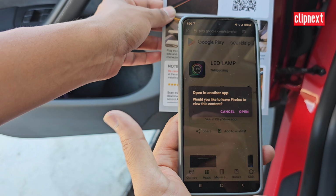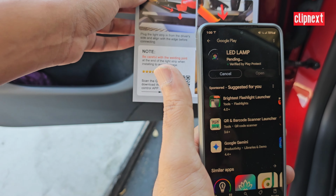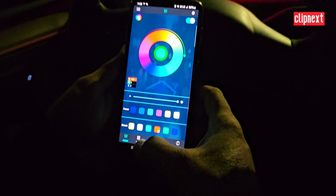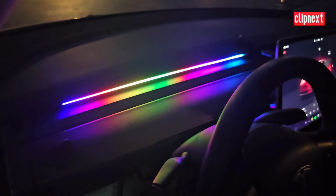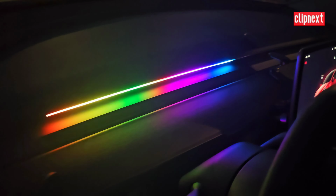This is basically the app. It's called LED Lamp on Google Play Store and Apple Store. And once that's done, as you can see, we have turned on the light and it has a nice RGB look, and honestly I'm pretty surprised with the smoothness of the light and animation. It is pretty extraordinary. And you can see this is the blue color, then we have the red, and then the white,